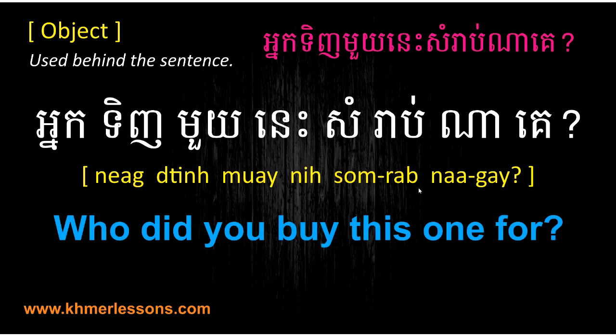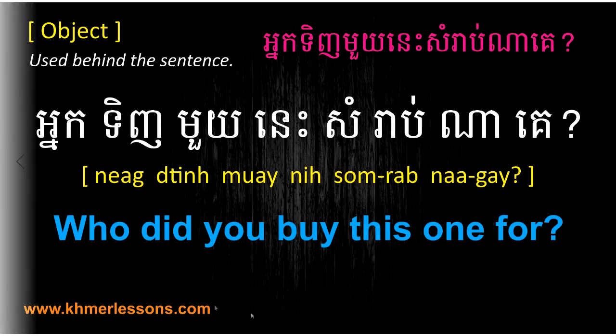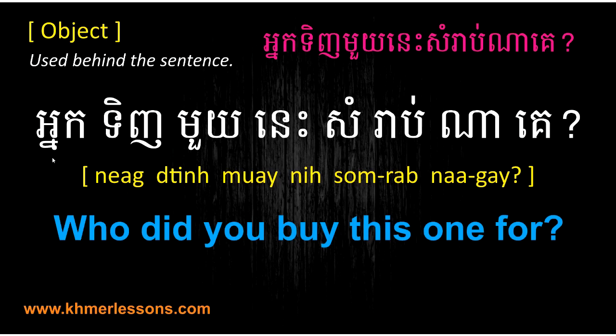It means you use the past because I use did. When you make a question, you use who before the sentence: who did you buy this one for? In Khmer we will say like this: អ្នកទិញមួយនេះសម្រាប់ណាគេ